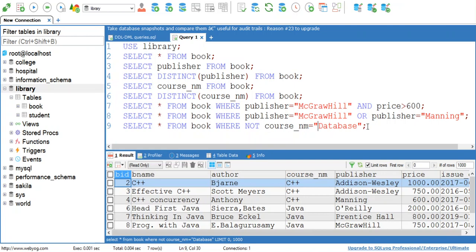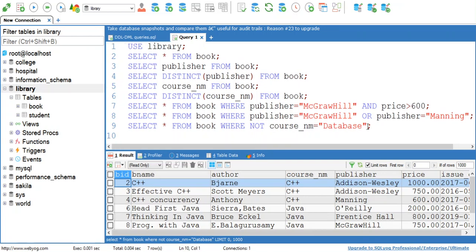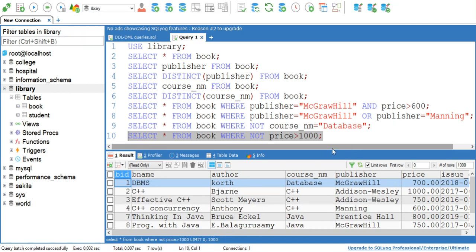Similarly, if I write the query select star from book where not price greater than 1000, I want to display data for only those books that have price less than 1000.